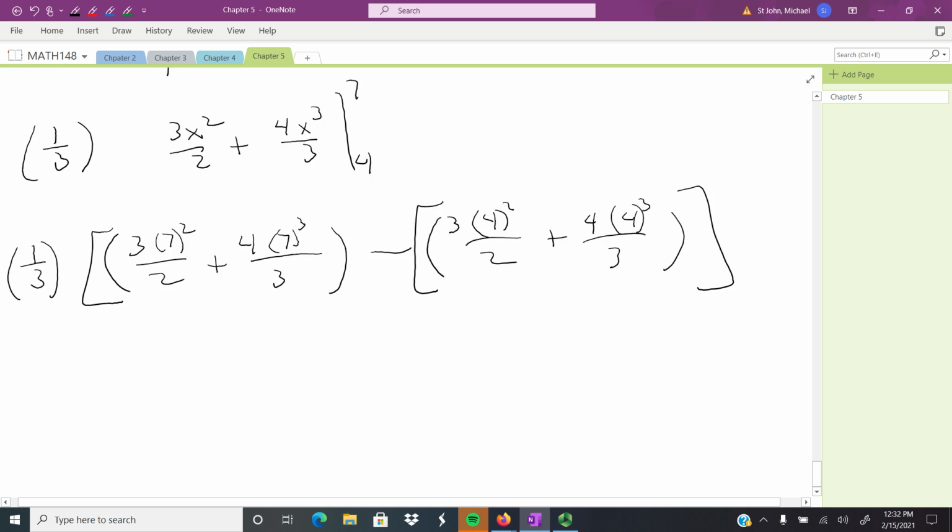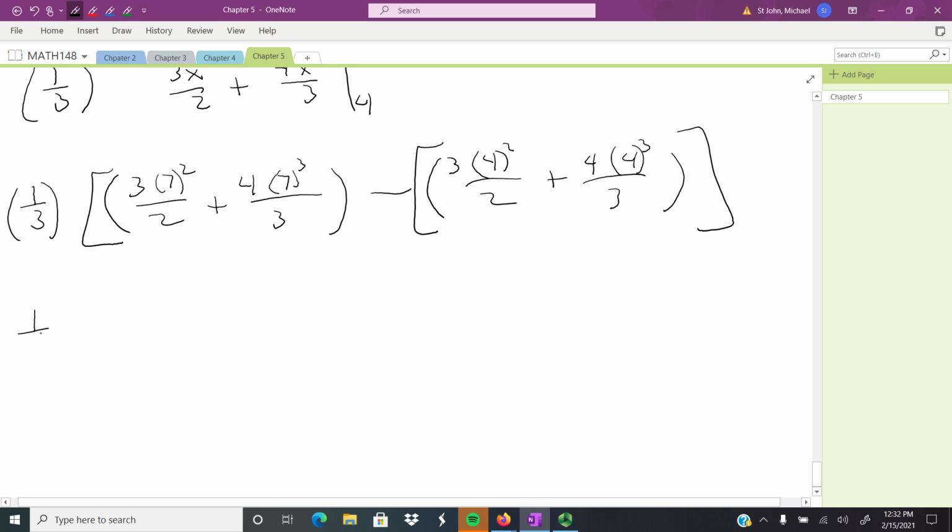Okay. So it'll be 1/3. Start number crunching this all out. So this is going to give you 147 over 2. This will be 1372 over 3 for that part, minus,